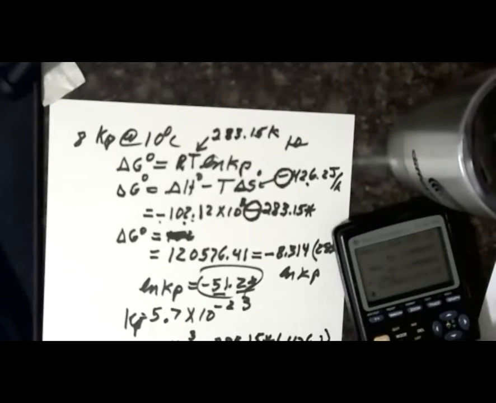Okay. 283.15 times 426.2 minus 102.12 with an exponent of 3. I get delta G is plus 18558.53,